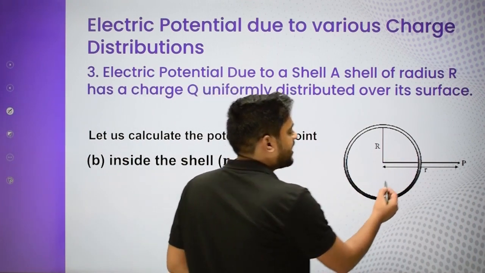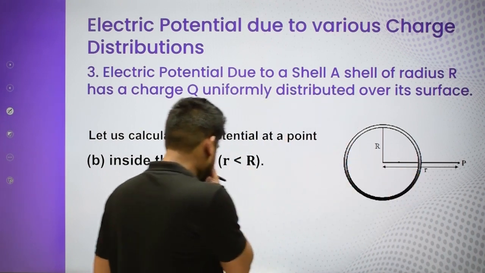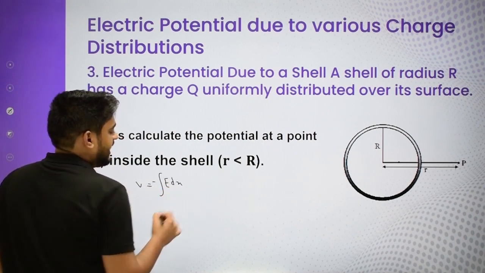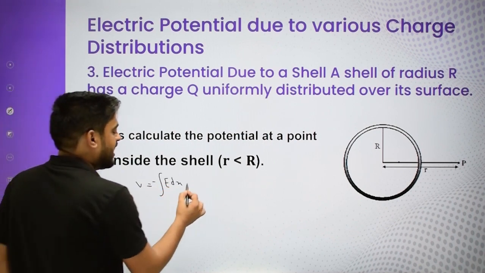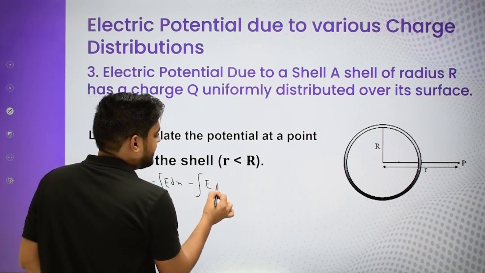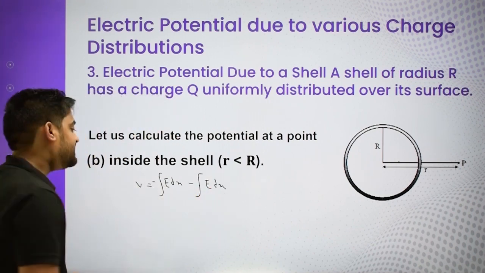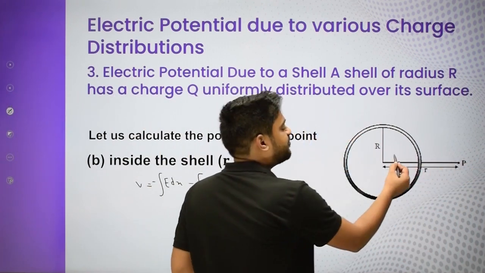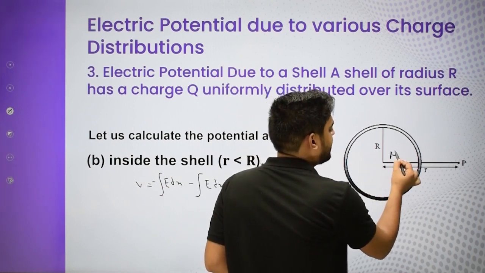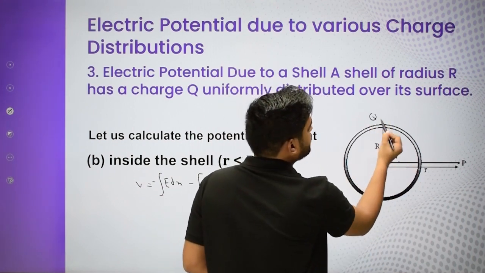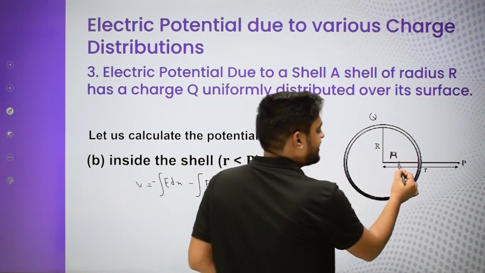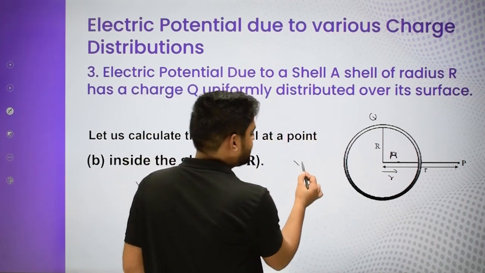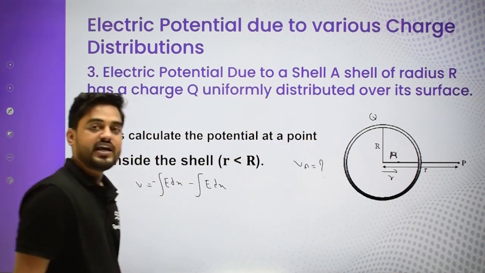If we are talking about a point like over here, then we'll apply the same formula. So V is equal to the integration of minus E dx, and I am breaking it in two parts. First I have to bring a charge from infinity to this distance, let's keep it a, because q is the charge on the ring, so let's not get confused. And I have to bring it all the way up to here, and this point is at r distance. My idea is to get the potential at point A. This is what I need to know.